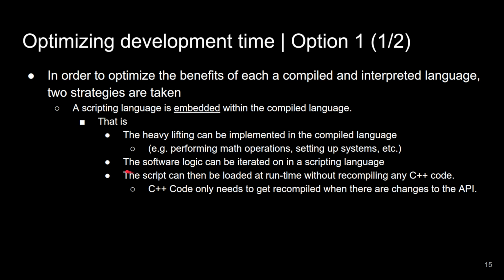Okay, and then our C++ application is actually going to load the script at runtime when the program's just about to run. So it'll open a file that's a script and execute it, one line after the other. And that's pretty cool. Then you don't have to recompile your C++ code unless there are major infrastructure changes. Otherwise, you just make changes to the Python script, for instance.